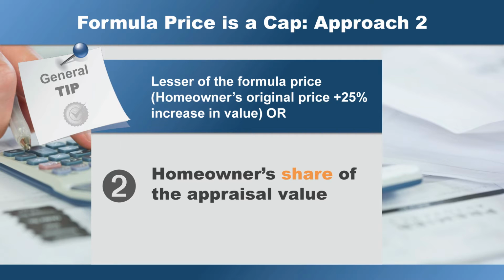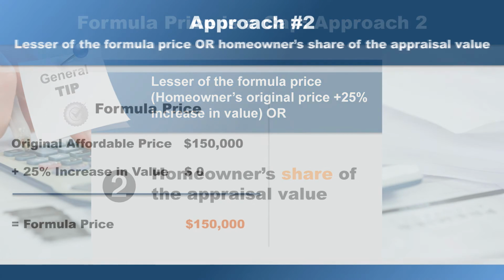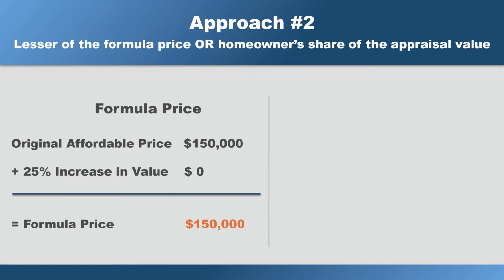The formula price shall be equal to the homeowner's original affordable price plus 25% of any increase in the appraised value, or in the case of an appraised value that is decreased, the cap is equal to the homeowner's share of the appraised value. And the homeowner's share is calculated as the ratio of the buyer's original investment to the original market value. In this scenario, the homeowner would be entitled to the lesser of $150,000 or their share of